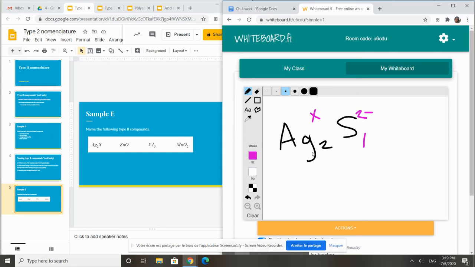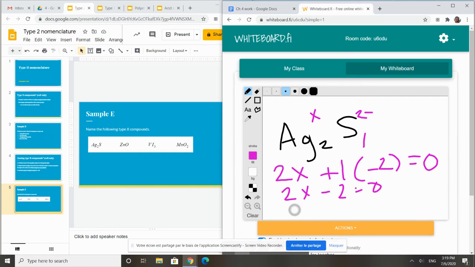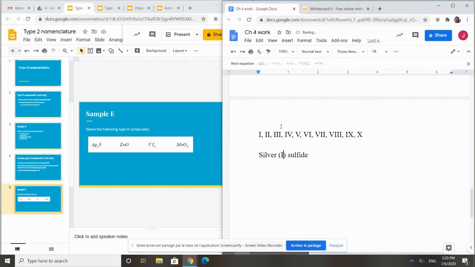And then the trick is that this number times this number, so 2 times X, is equal to this number times that number. The reason why that works is because this allows for us to have the correct number of positives and negatives, because we have to have equal numbers of both. So 2X plus 1 times -2 equals 0. So 2X minus 2 is 0. 2X is equal to 2. X is equal to 1. It's always going to be a positive number. You're never going to get a negative. And then whatever number I get, that just goes in my